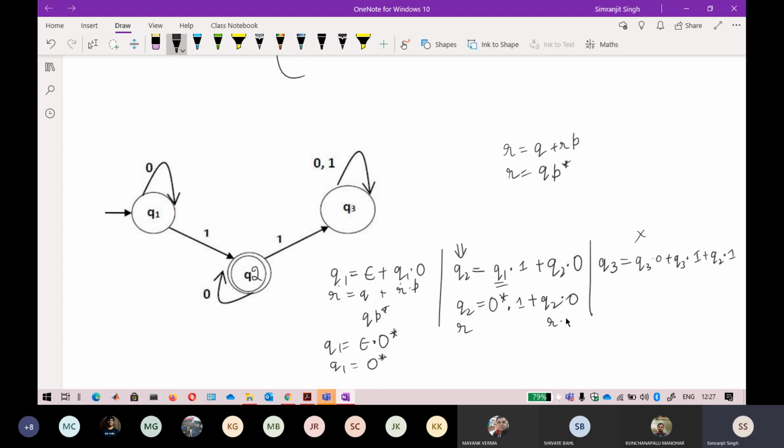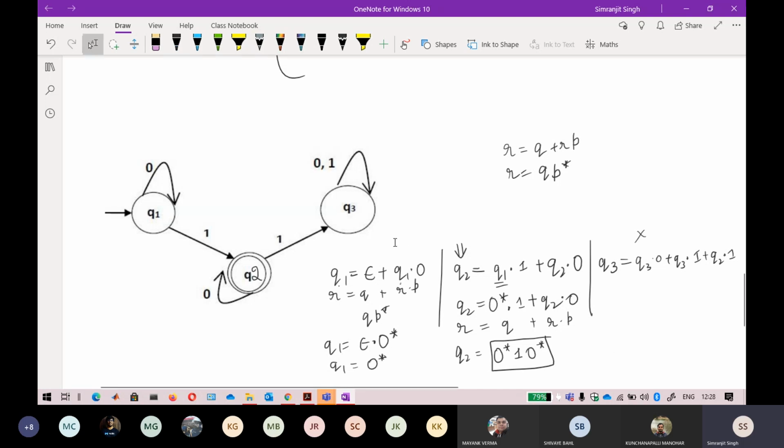R equal to this is your RP and this becomes your Q. That is a bit different. So now the answer will be QP star. QP star is 0 star 1 and P star is your 0. So this is it. I think that will be your answer. I think Mayank is correct. Mayank's answer is correct, just a little 0 star is there, but I think that is the solution.